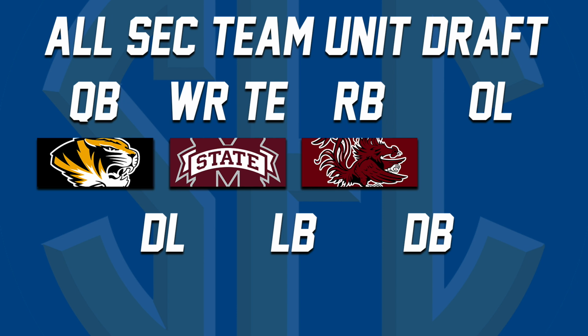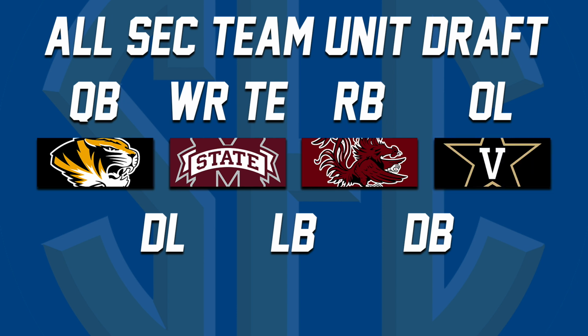And then at O-line, I had to take Vanderbilt. Vanderbilt was the team that was really, really tough. They're not really strong in any position, which is the really tough part to pick against them. So they were more of a throw-in. I just had to throw them at the spot where I felt there needed to be someone. I couldn't put any other team, so they were kind of a last-minute throw-in thing.